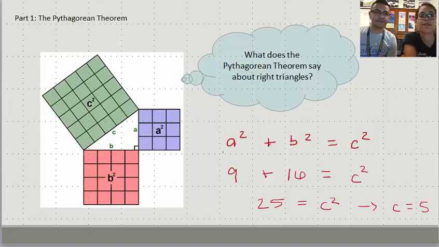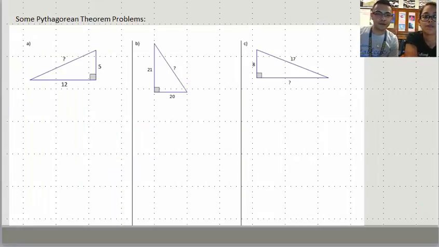Awesome. Okay, so let's do some practice problems. I'm going to run through the first one, and if you guys want to follow through or just look at it, whatever is easier for you. But remember the importance of labeling these, A, B, and C. These two are our legs, and this is the hypotenuse. So we just write this simple equation one more time so we don't forget. And please memorize this when you go to sleep and you dream about the equation so you don't forget it